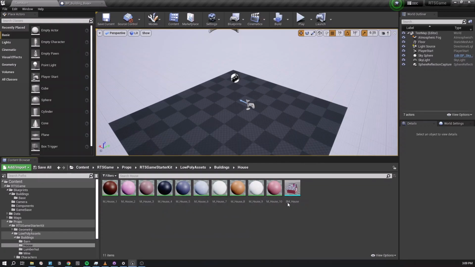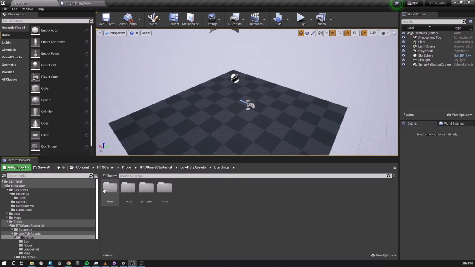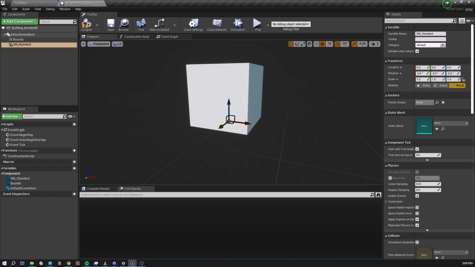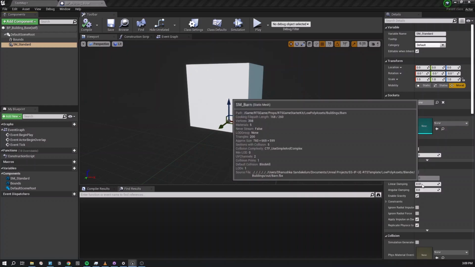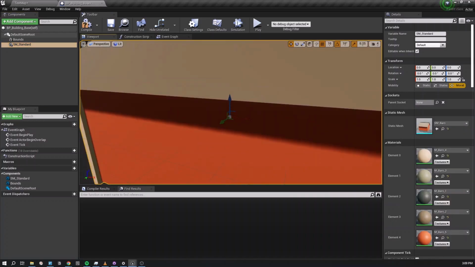So maybe we can use this house for spawning citizens, or maybe tax generation and stuff like that, for resource consumption, stuff like that. Okay, so those are the four types of buildings we have, and I think this will serve as a parent class for all the building types. So just for the demonstration purposes, maybe I can add the same barn over here for this standard static mesh,